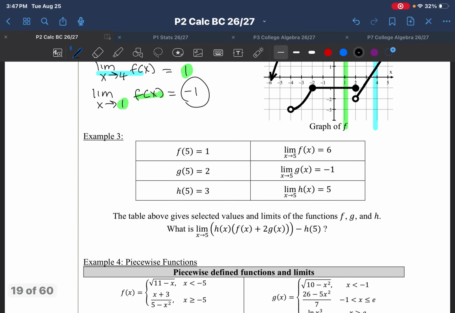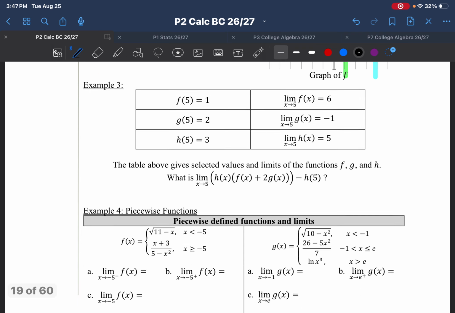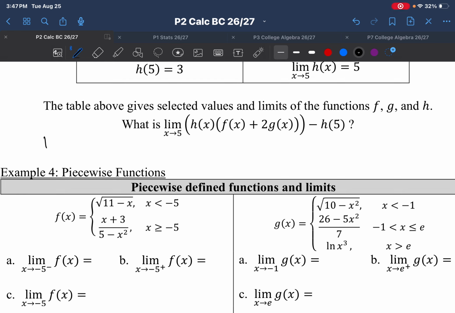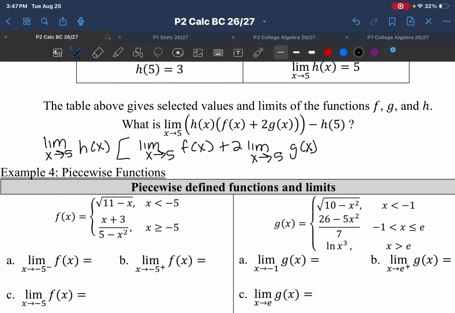Okay, example 3 says the table above gives selected values and limits of the functions f, g, and h. It wants us to evaluate the following. So first I have to separate it. So this is the same as saying the limit as x approaches 5 of h of x. Then I can actually rewrite f of x and g of x to have the limit expression as well. So the limit as x approaches 5 of f of x plus 2 limit as x approaches 5 of g of x, because I took out that constant,